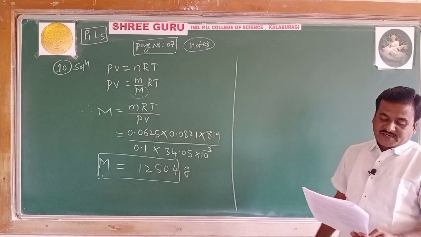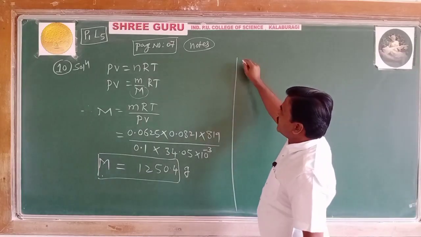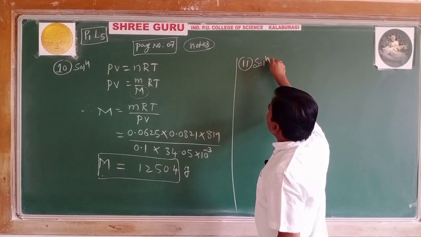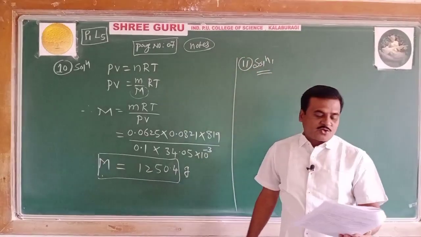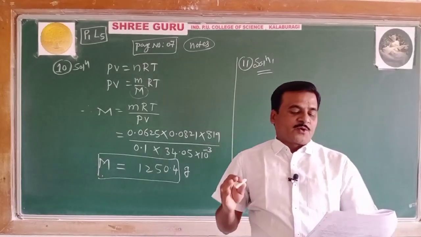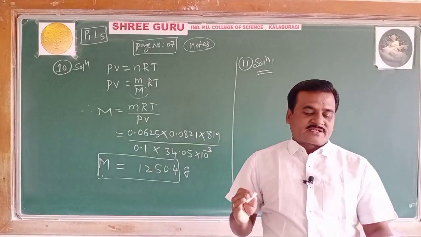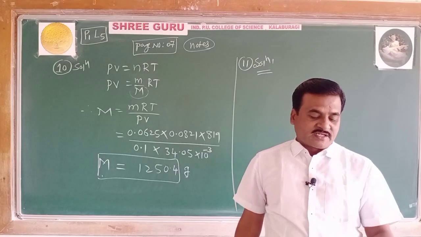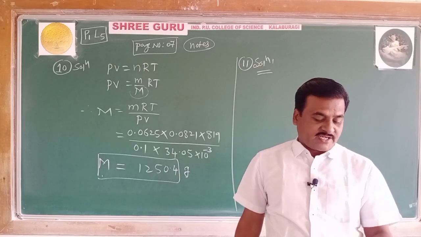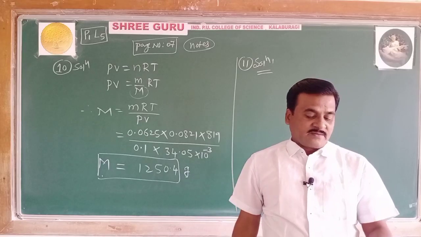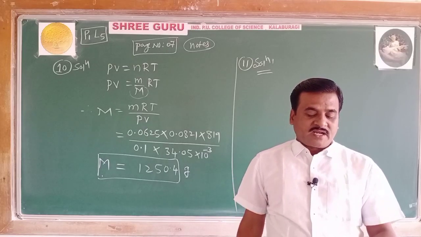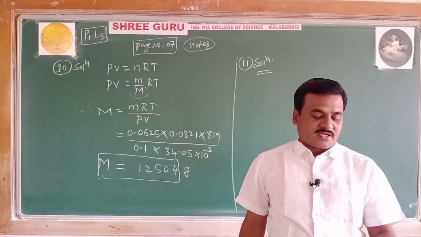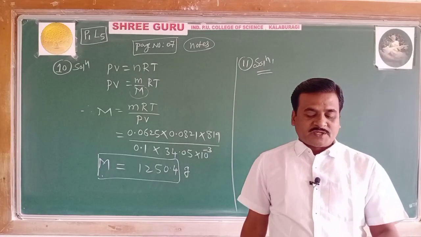11th is of a different kind. There are two different ways of solving this. Let me read out. A student forgot to add the reaction mixture to the round bottom flask at 27 degrees Celsius, but instead he or she placed the flask on the flame. After a lapse of time, he realized his mistake, and using a pyrometer he found the temperature of the flask was